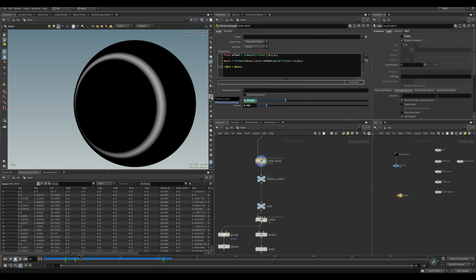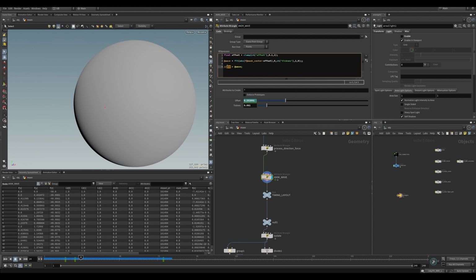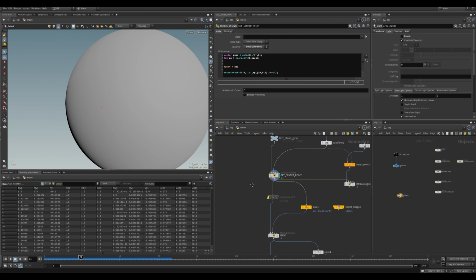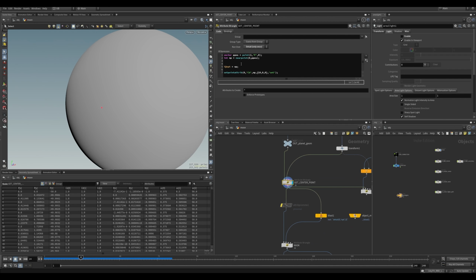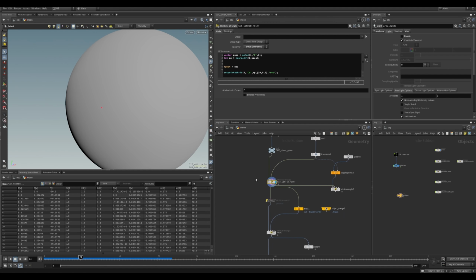And I only use CD to quickly visualize attributes. A good practice is to never store your attributes in the CD because it can become a problem later on. All right, so get center. This is get center the hard way. We're doing the near point expression here. And the near point is essentially saying,